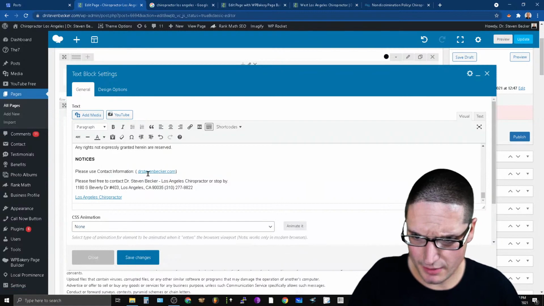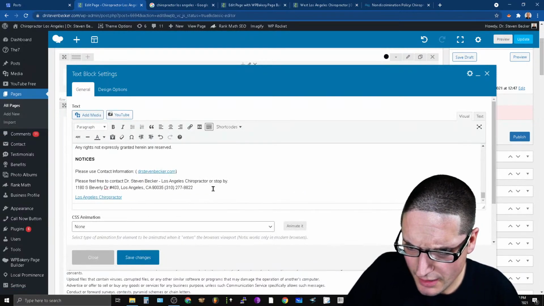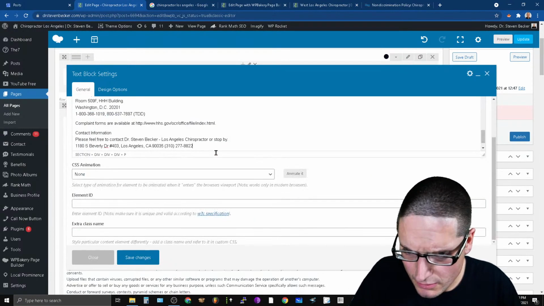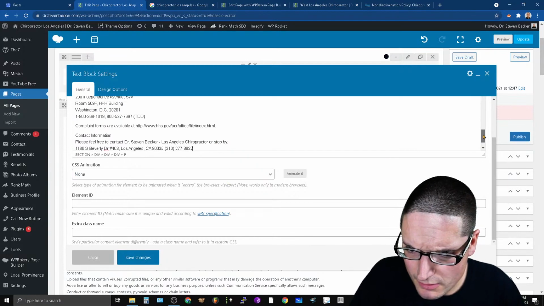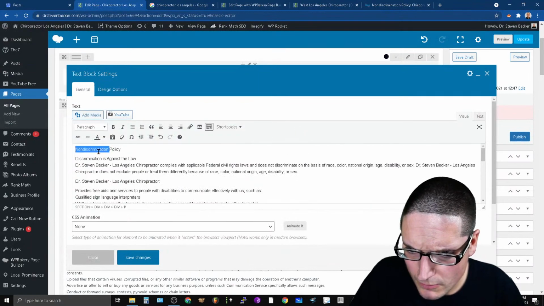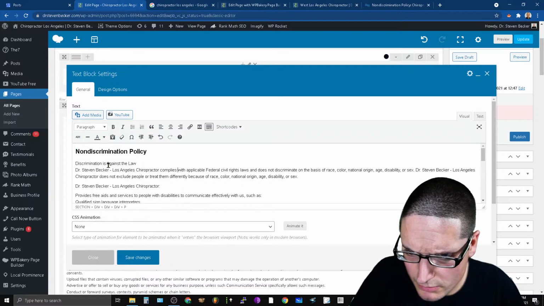Text block settings. Okay. Now let's go ahead and just, well here, I think I have all that. So here, let's just take this. Let me just take a good look at this. All right, so that's fine. You could leave that there. Bold that up. Make it an H1.